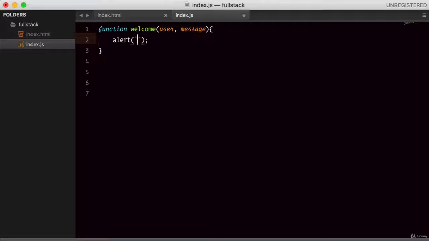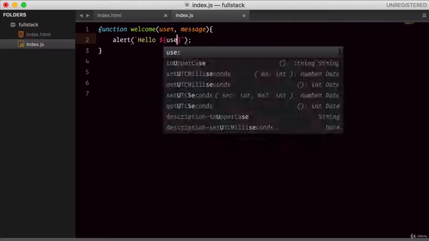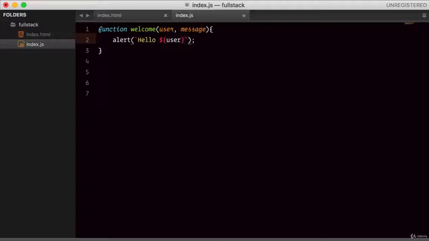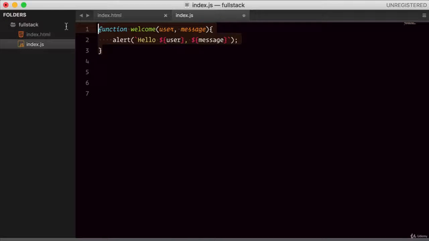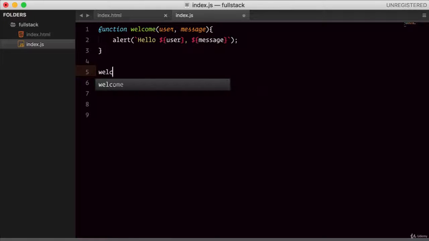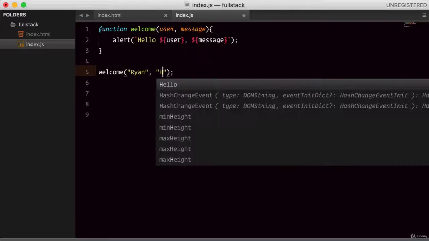Okay, so I will say hello. I'll call the user by the user name, so hello user, comma, and then the message. Okay, so this is the function. This function expects 2 arguments, user and message. Let's invoke this function. The first argument is user. Let's give name Ryan to the user, and then message is,